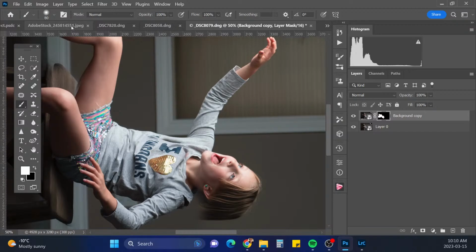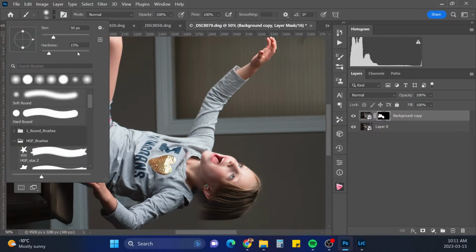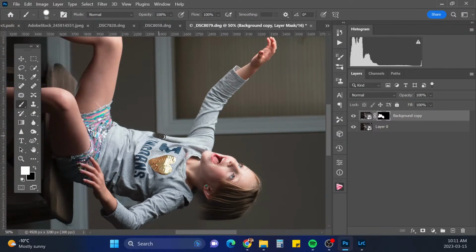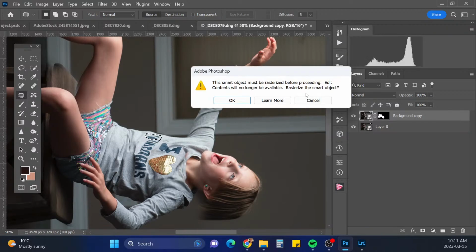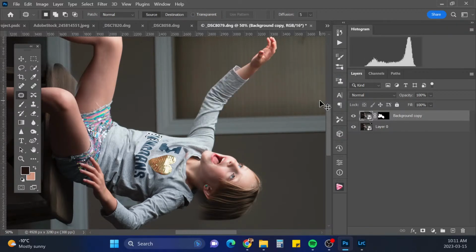Okay, bring my brush smaller and maybe a harder brush. Yeah, I'll have to fix that a bit. Let's try doing like, oops, a lasso tool. No, I can't do that. Okay, I'll do that later.